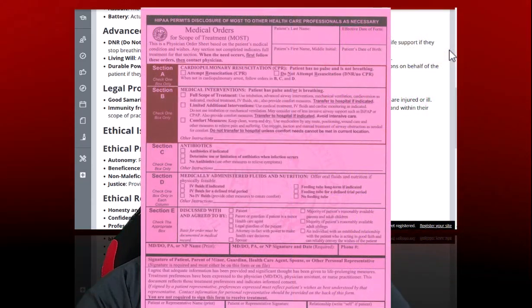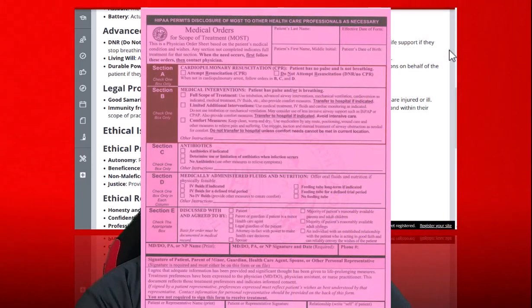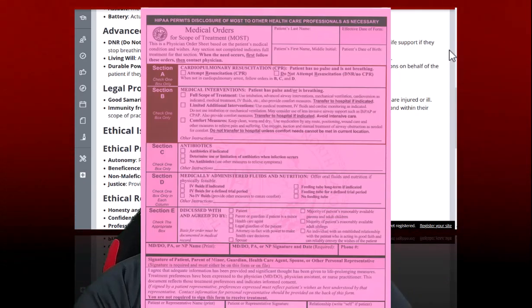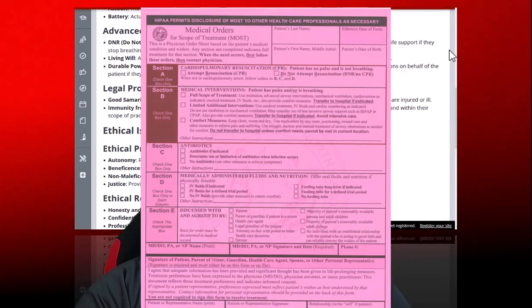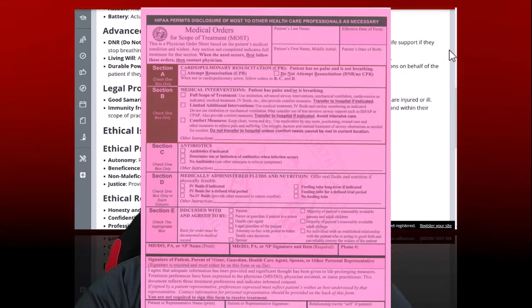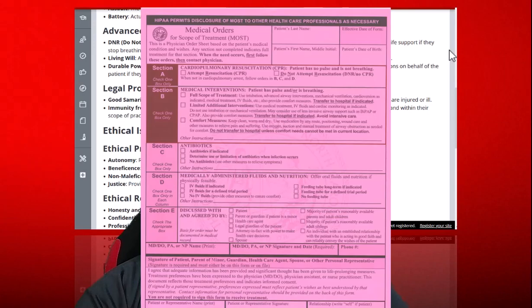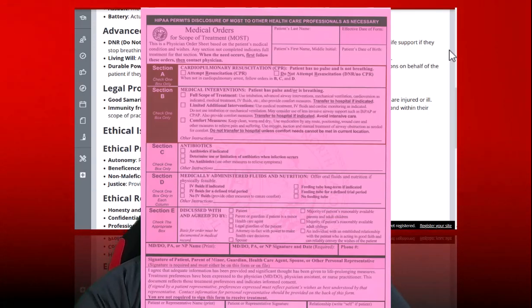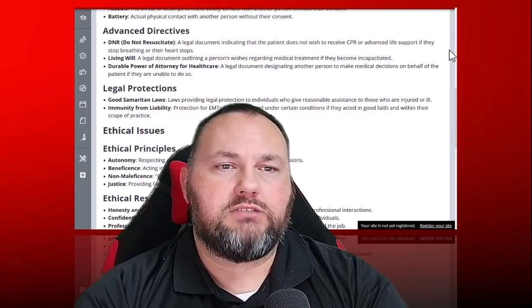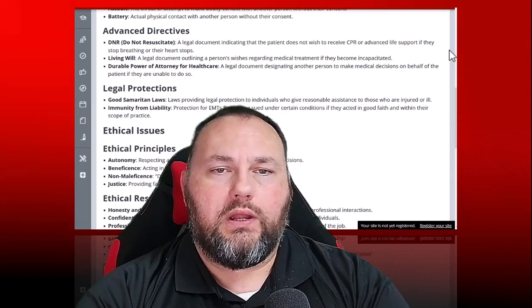The MOST form is more specific, more prescriptive. So you have to read it and it will say you can do this but don't do this. You can start an IV, you can intubate, but they do not want you to do chest compressions, or whatever it is that the patient wishes. So those are the two forms that we run into. A living will is recognized by most of your facilities, recognized by the hospital, but again, we don't recognize it here in North Carolina.